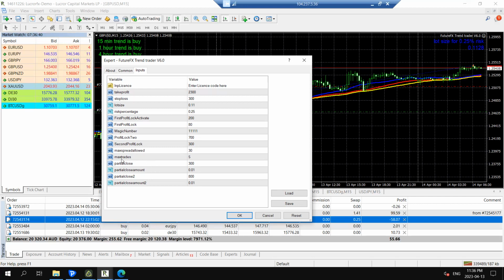The only other setting left is max trades. The default setting is 5. Now, what you need to understand is Trend Trader can only take out one trade at a time on any pair. So at no stage will Trend Trader ever have 2 trades opened on the same pair. It just can't do that. But